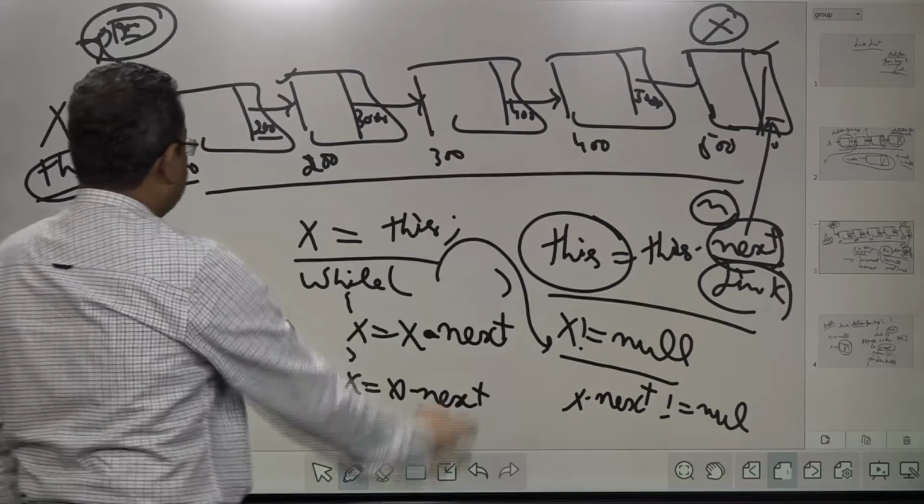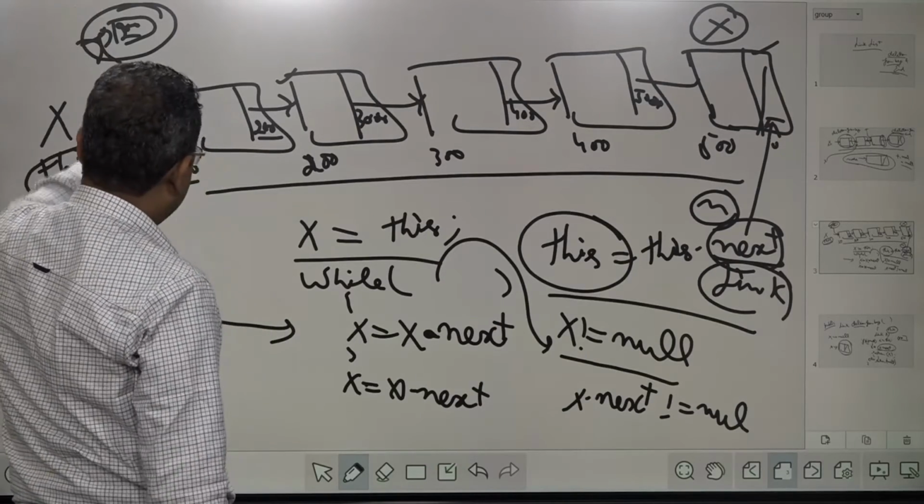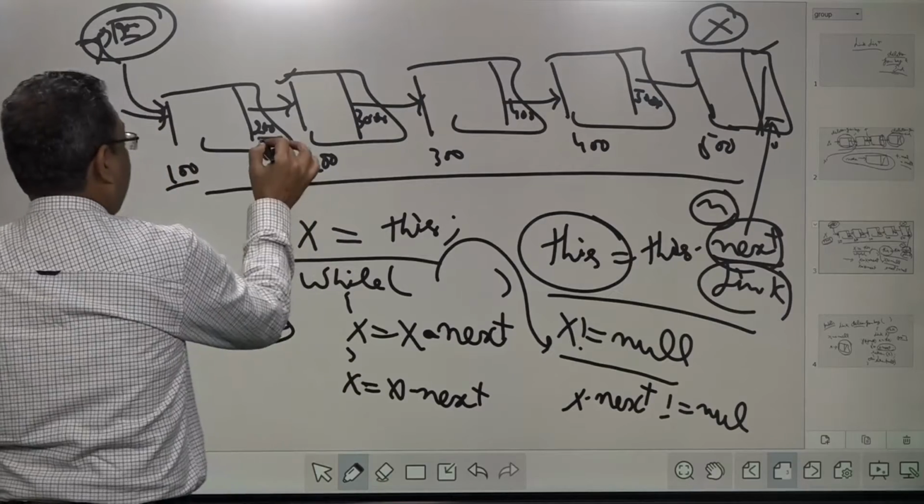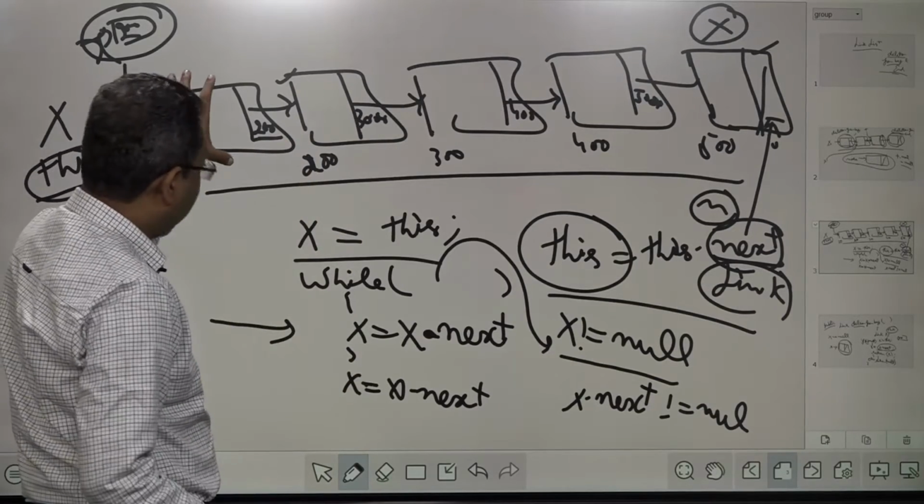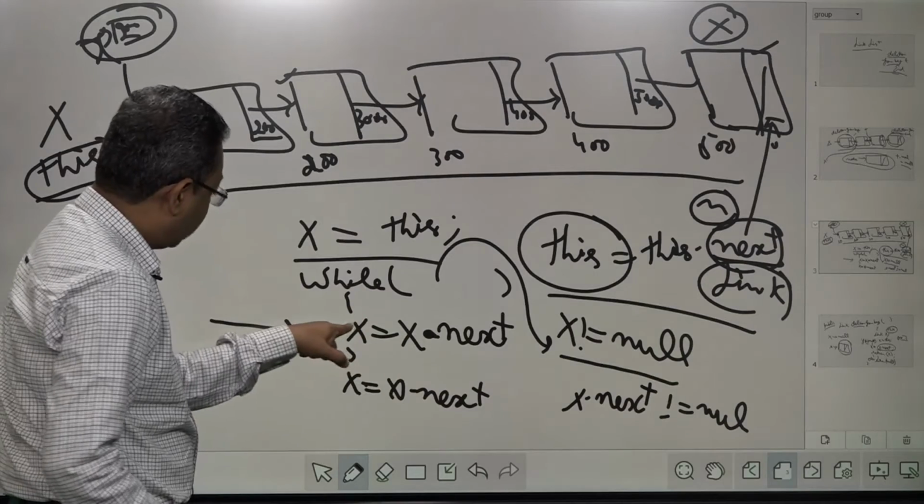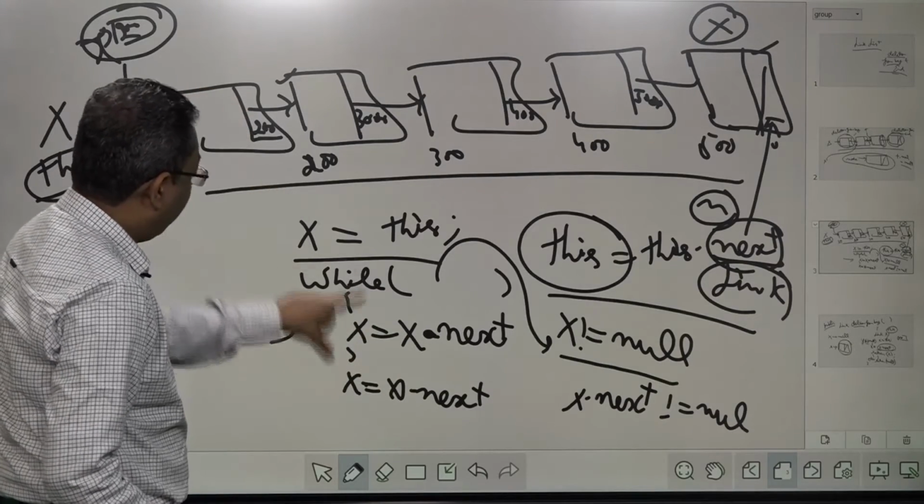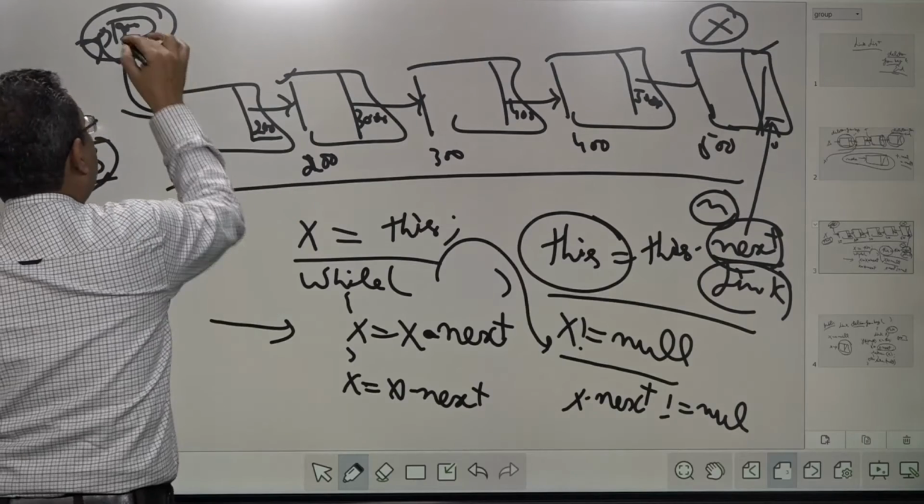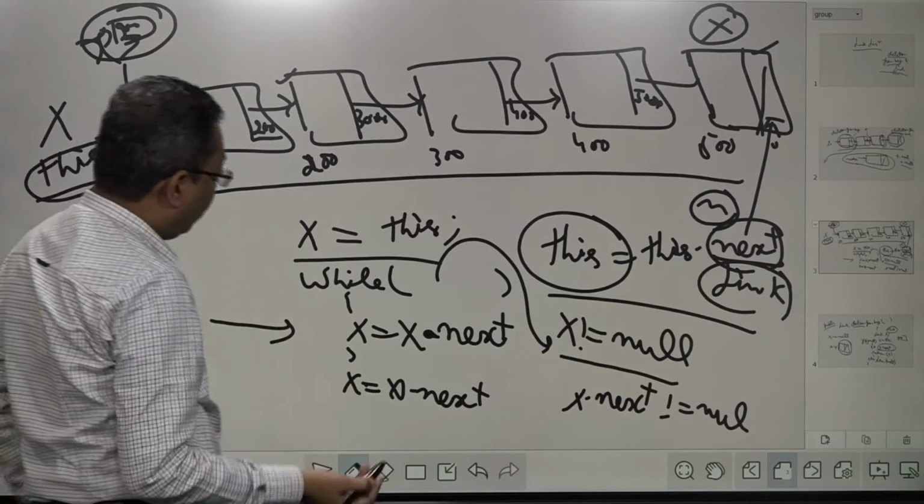Right? If I go for this, then initially x is 100. 100's dot next will be 200. We are talking about this. Is this null? No. So this condition is successful, true. So this will execute. After one execution, this x will contain 300, and then we will go for 300